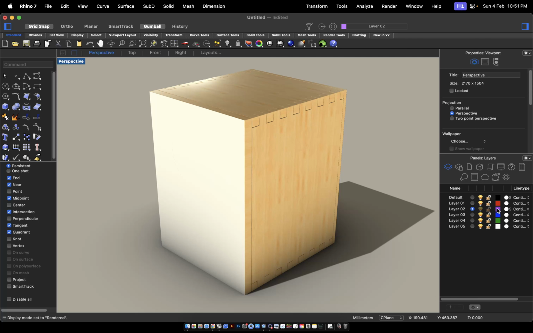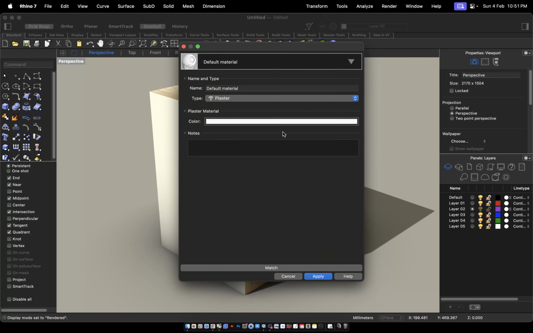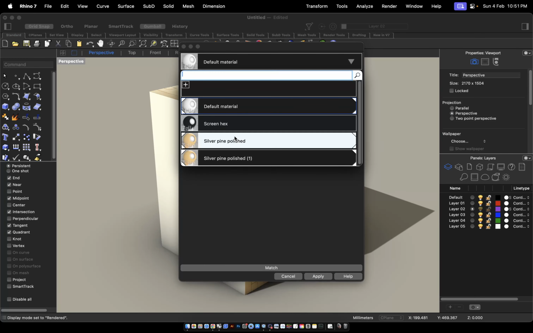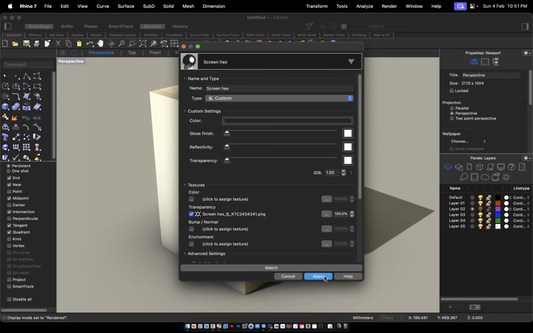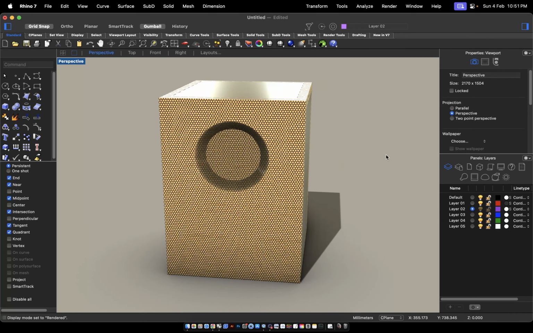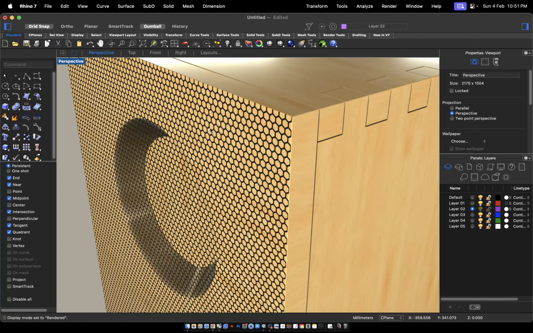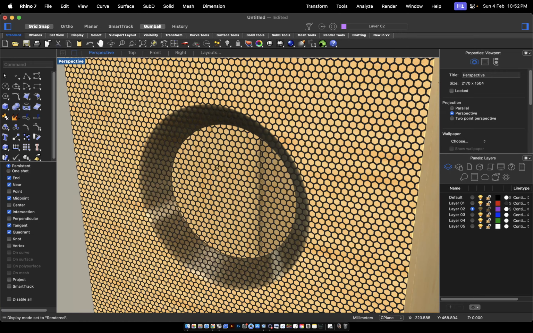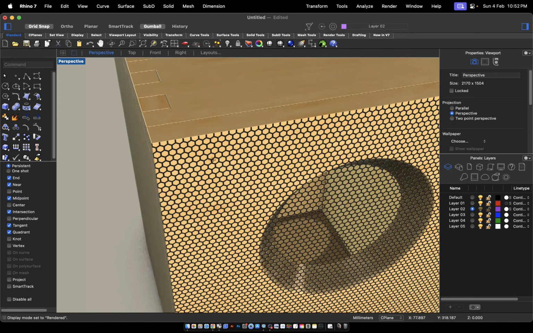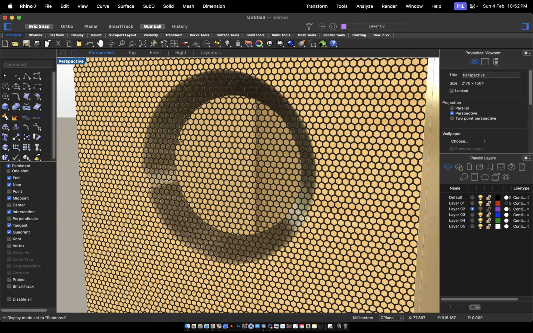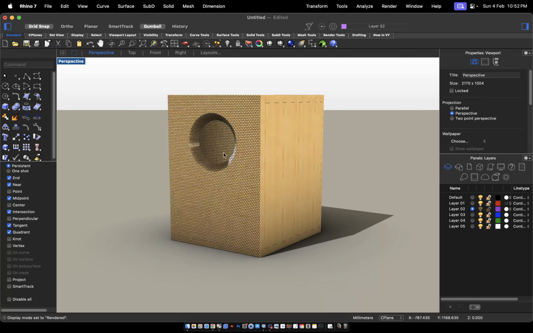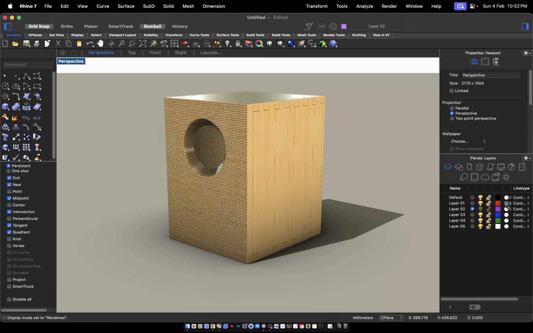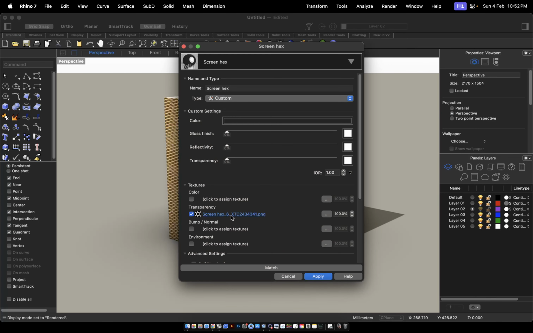For now we're going to the layer edit here. I have already imported a screen hexagon shape. Let's choose this one and apply, and you may notice that immediately you can see a screen mesh being applied. If you find this is a bit too loose, what you can do is click on the material, go into the